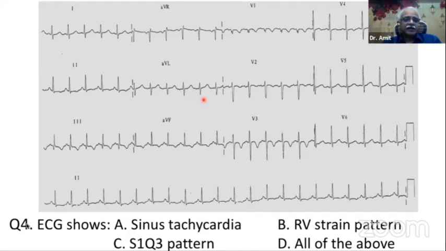There is some kind of a sinus tachycardia. There are T wave changes in the inferior leads. There are T wave changes in the precordial leads. There is a well-defined P wave, so it's a sinus tachycardia, T wave change, some amount of axis shift. So this is roughly the ECG which you see.